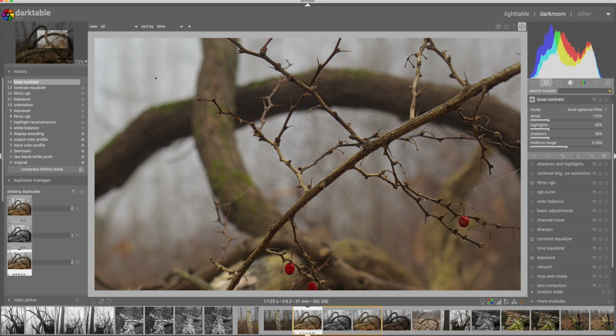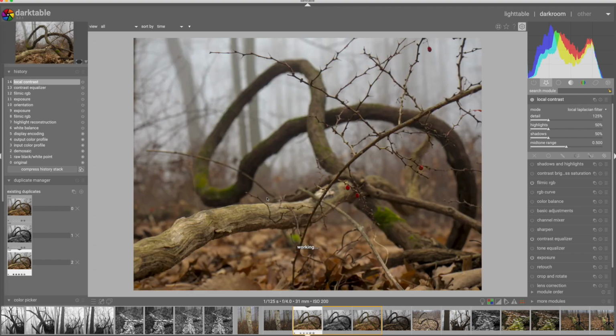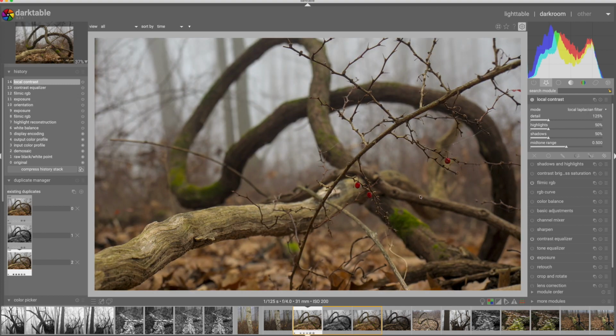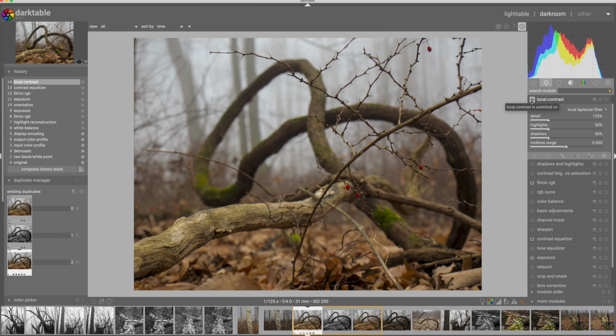The local contrast module makes all of these shadowed trees, or these fog shrouded trees in the background, pop out relative to the foreground. So those get darker, the background gets lighter, and the overall image tends to look a little punchier. Now that is a very good thing in a lot of cases, but in an image like this, it's all about the mood and the softness, and to me, local contrast being off looks far better than local contrast being on, and with the Contrast Equalizer, I'm able to apply the sharpness to the areas that I want,